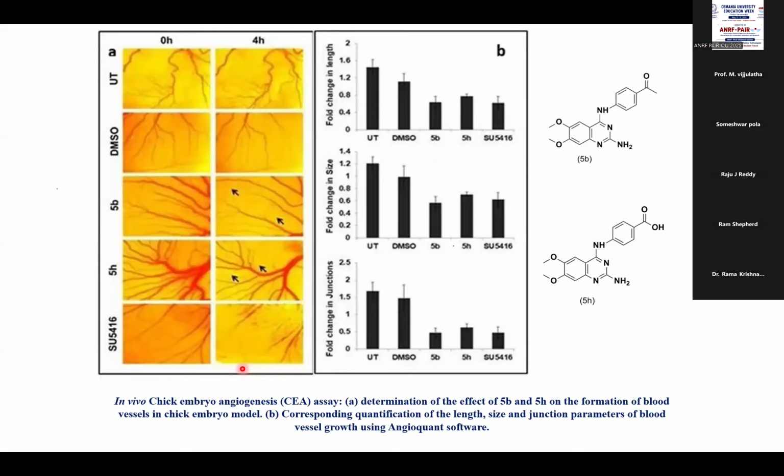So we went for chick embryo angiogenesis, where we took 0 hours and 4 hours, with untreated, DMSO, 5B and 5H, and the sunitinib molecule. And we have seen that the angiogenesis has reduced considerably from 0 to 4 hours in both cases, and also in sunitinib. So we can say that 5H and 5B, which we strategically designed using computational methods and then synthesized, had better